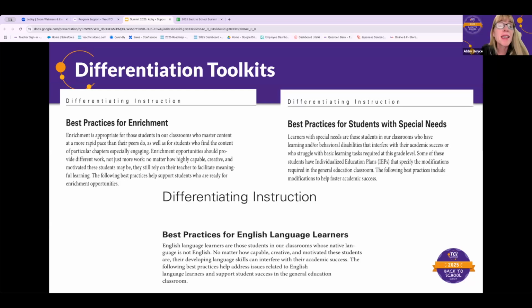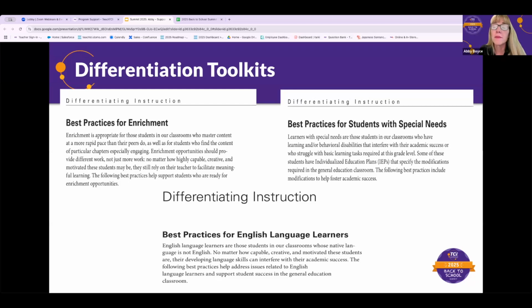Michael, can I just interrupt and add one quick point? Absolutely, yeah. So, in case you didn't know, for TCI, every lesson has been individually differentiated. We don't do one size fits all, like, hey, do this for all of your advanced learners. Every single lesson, and you can imagine the time that it took, has been individually differentiated. So as you're navigating through your program, going lesson to lesson, in that orange teacher planning box, you're going to see the suggestions and accommodations that we recommend based on these populations within that lesson.